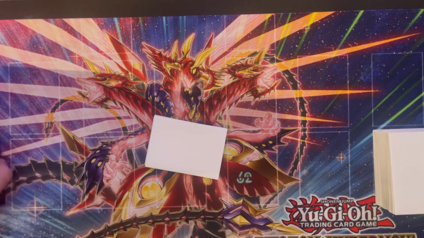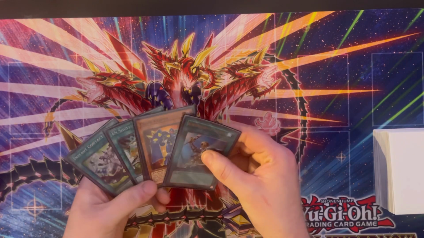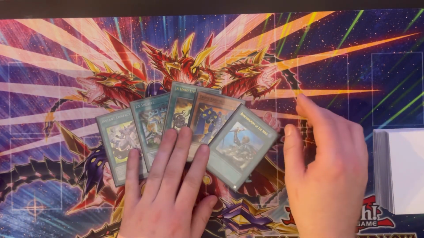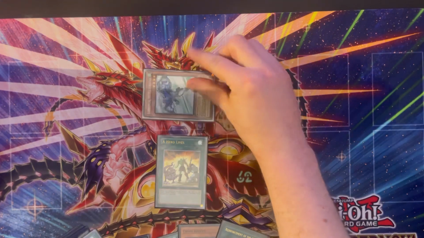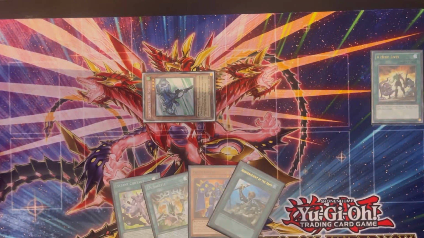Here's how we can get Shining Neos also to be involved in our plays. So, alright, we got Hero Lives, EN Shuffle, Cross, and Rhoda. Let's go ahead and start off with our Hero Lives. Summon Stratos. Let's go ahead and actually use Stratos to search for our...